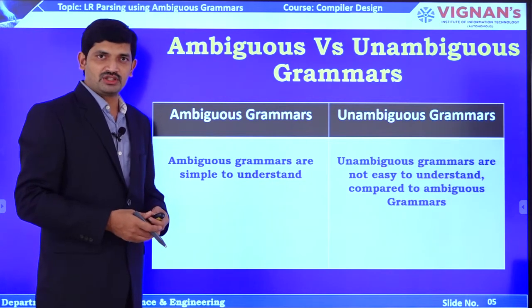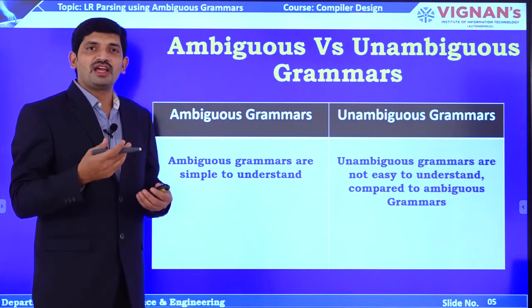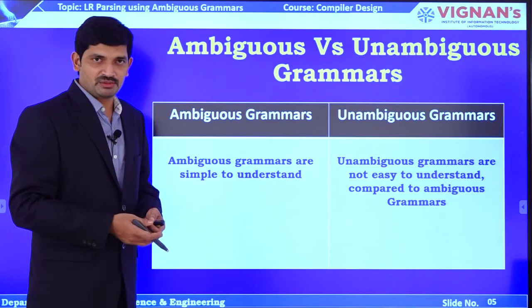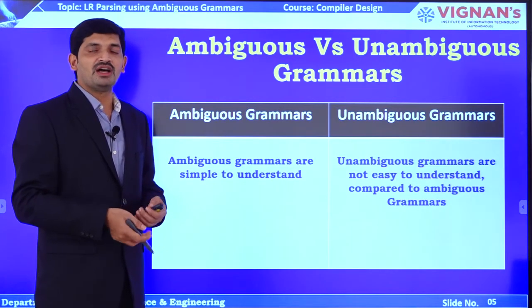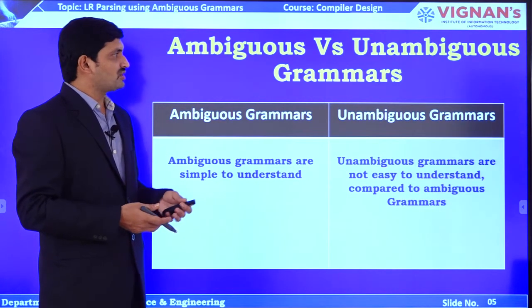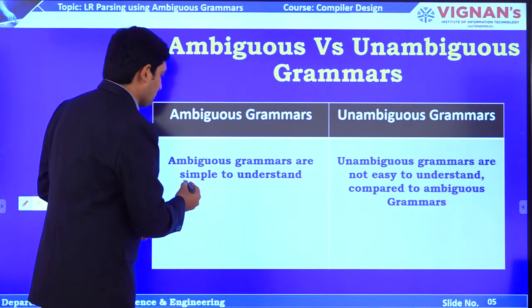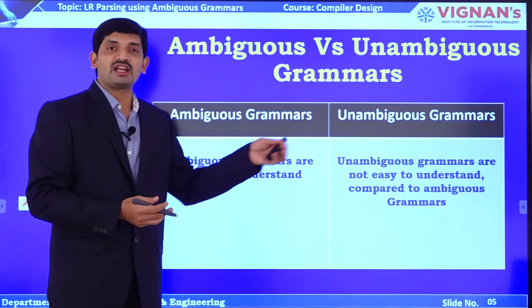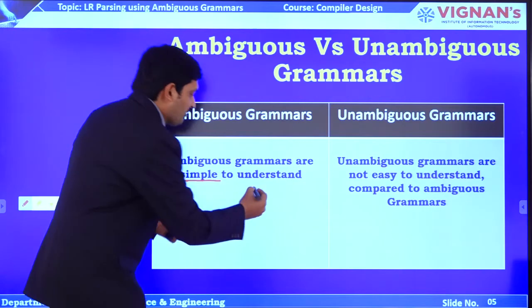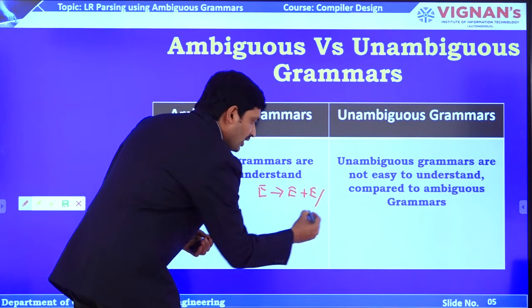Here we are going to discuss the difference between ambiguous and unambiguous grammars. As we discussed, no parser can accept the ambiguous grammar except the operator precedence parser. All the other parsers need an unambiguous grammar to process. Coming to the first one, ambiguous grammars are simple to understand, whereas unambiguous grammars are not so simple as compared to ambiguous ones. Why? Because if I am writing simply a production E tends to E plus E